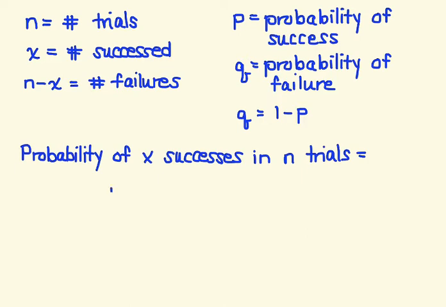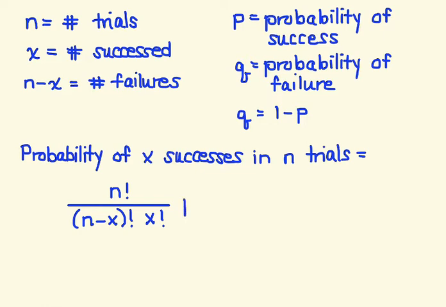It is equal to, remember factorial, n factorial divided by n minus x factorial times x factorial. We had factorial in a previous lesson,